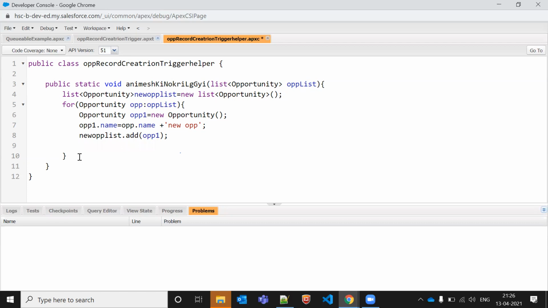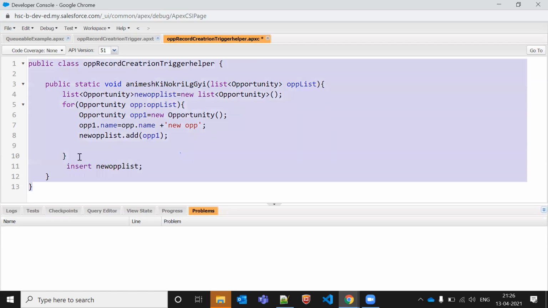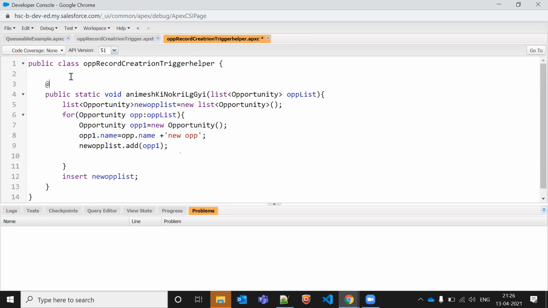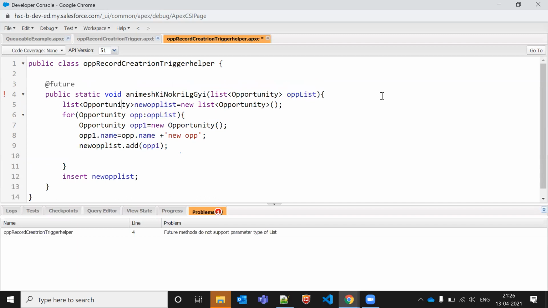Like we can pass outside this. This is correct. So what's your task? You have to convert this thing into the future method. Got it or not? If I use @future, then definitely it will throw an error message, because of non-primitive.